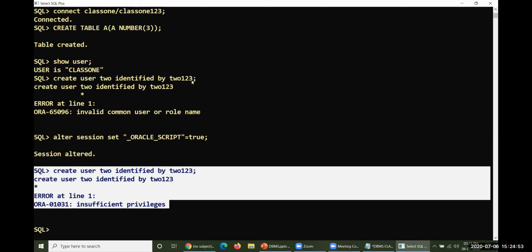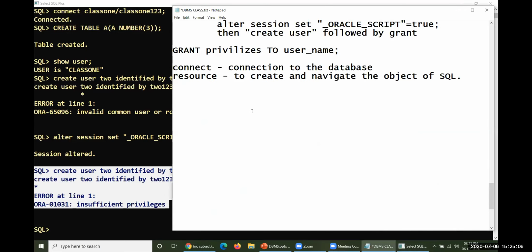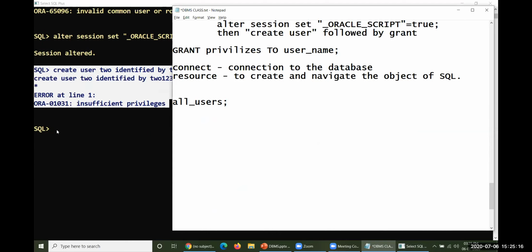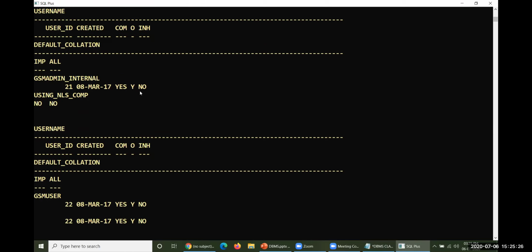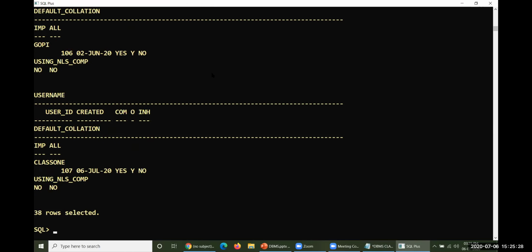And if you want to remove this particular class 1, otherwise, where exactly all users are loaded, whether this user has been created or not, how could you see? That is the data dictionary table called all_users. There is a table. You could take this, select everything from all_users, then obviously you could see how many users are there. So select everything from all_users. So far, these are the users, as many as there are.